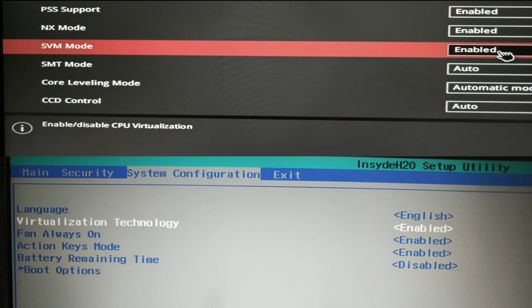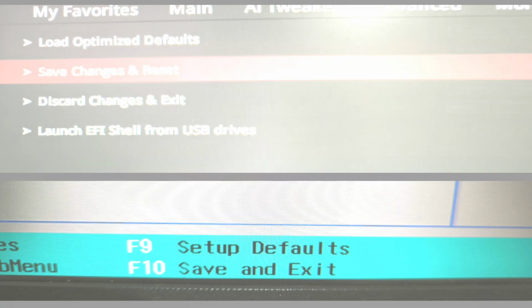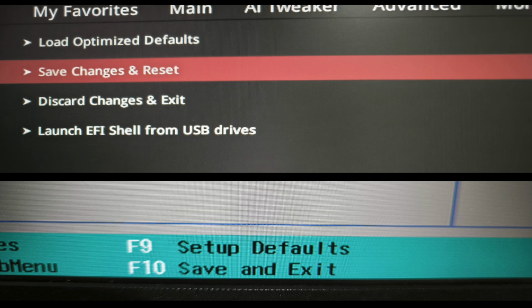Now you are seeing photos of two different BIOS setups. The blue and gray flat design BIOS belongs to my notebook. The red and black fancy looking BIOS belongs to my desktop computer. The key difference is the naming. You'll need to explore your BIOS, find this feature, and enable it. And don't forget to save your changes before exiting the BIOS.